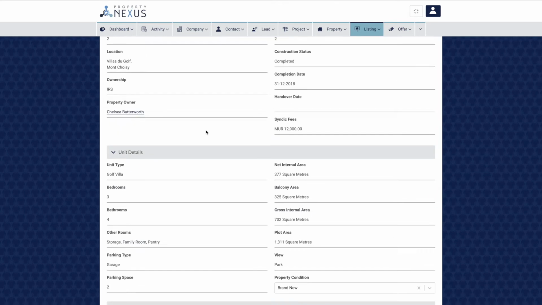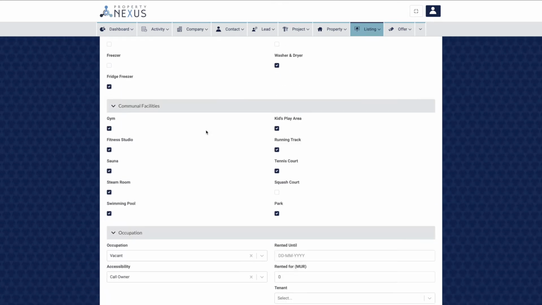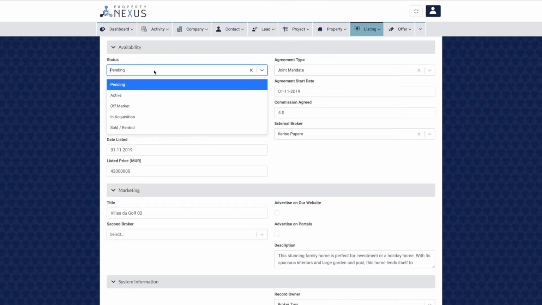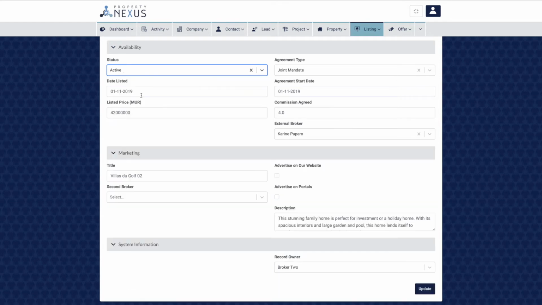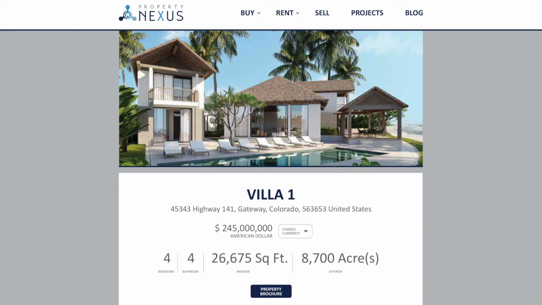Once you are satisfied with the information that you have recorded, you will need to change the status field in the availability section to active, and then you will need to check the boxes for advertise on our website and/or advertise on portals in the marketing section of the listing record. Once these steps have been done, your listing will be published on the sites with which your CRM is linked